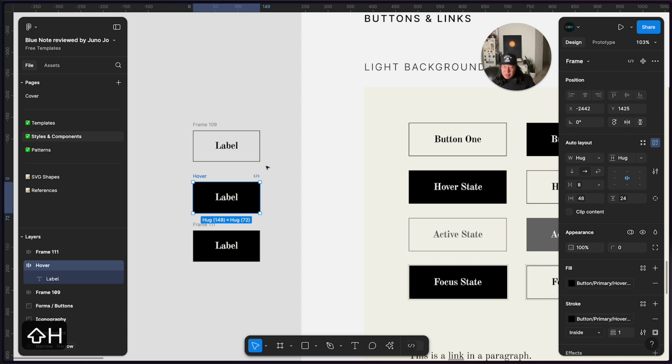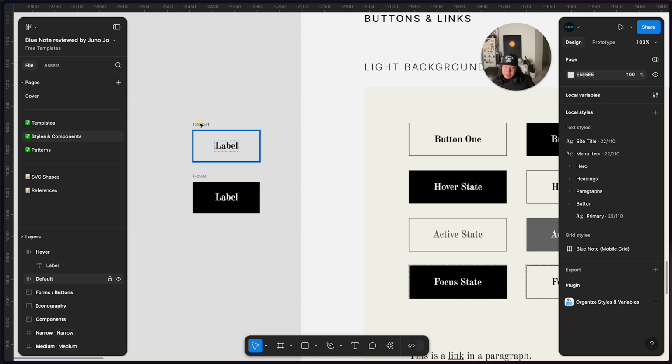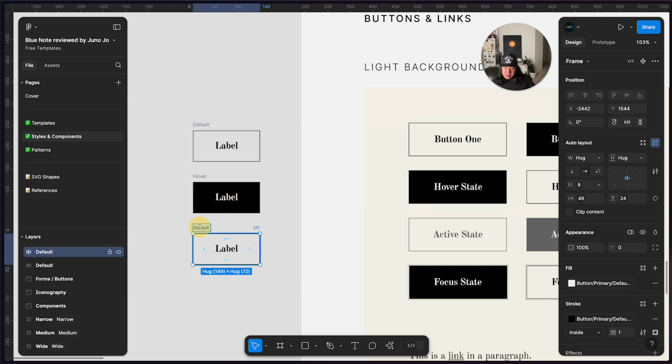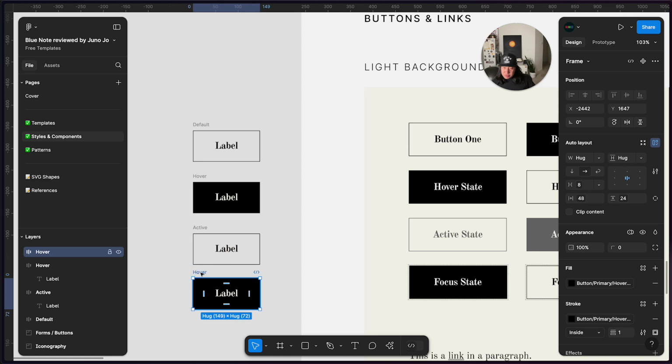I will just rename here quickly. This is the default state. This is the active state. And actually the active is very close to this. Let me just duplicate this one, and the focus state is very close to this. Okay,